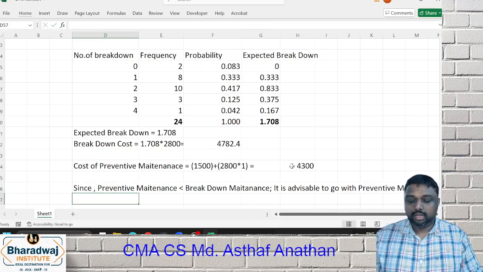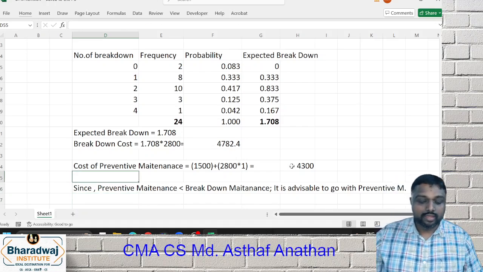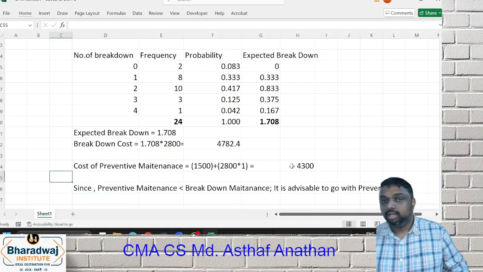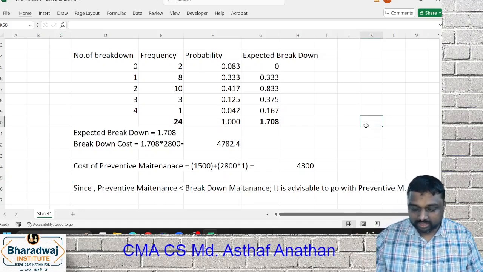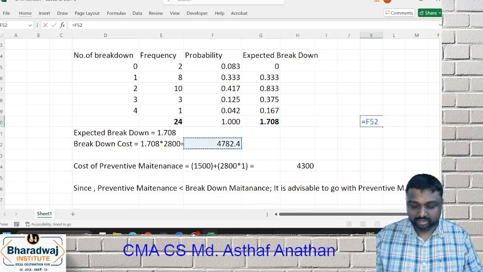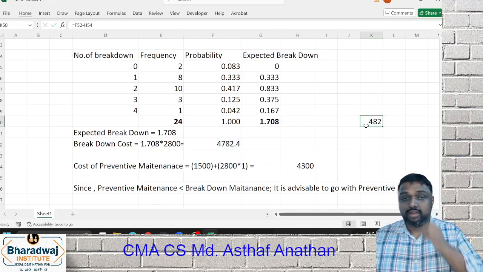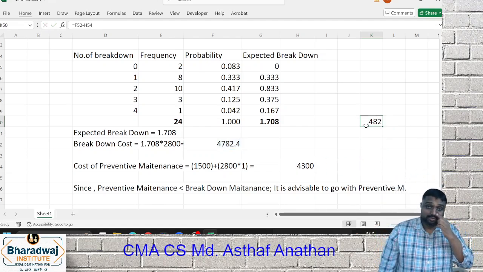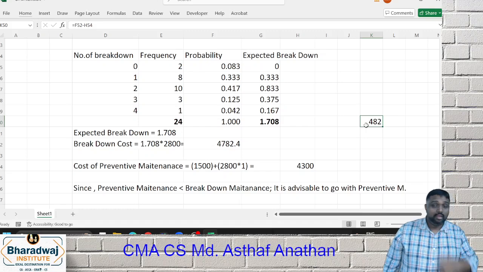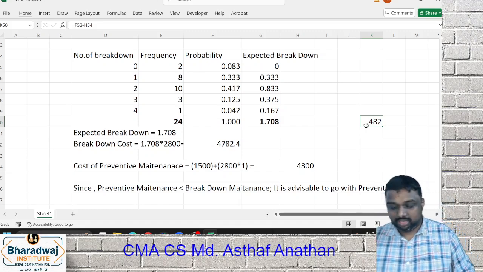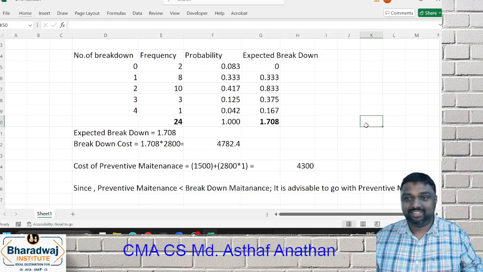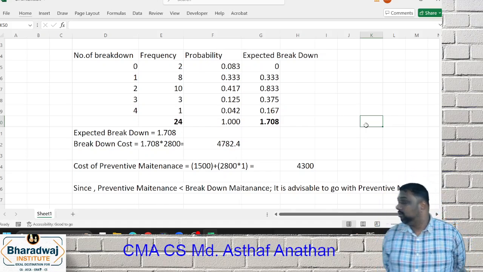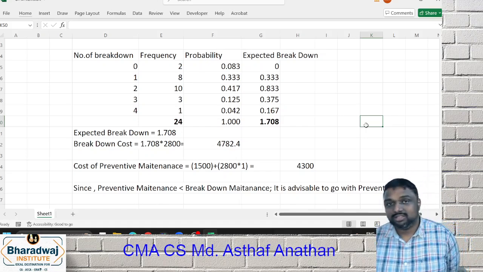See, sometimes they'll ask you what is the annual savings. You have to multiply into 12. Savings, how can you do? Savings is the difference. So they will ask you what is the annual savings. You have to multiply. Are you clear, friends? So this is how we have to approach. This is monthly, so you have to multiply into 12 for getting annual savings. Here savings and all, they're not specifically asked. So this is how we have to do.